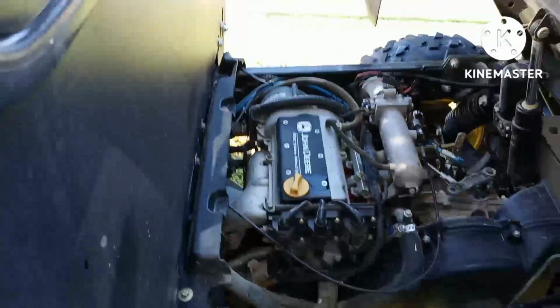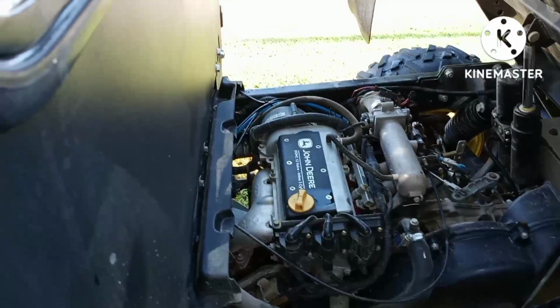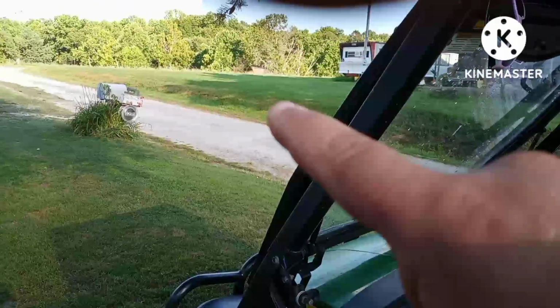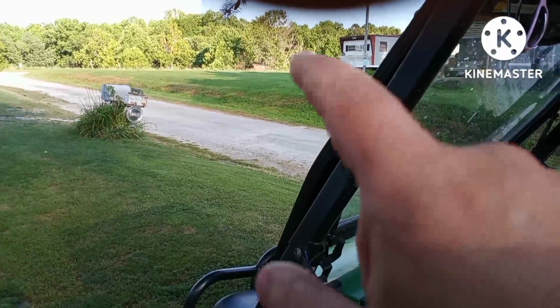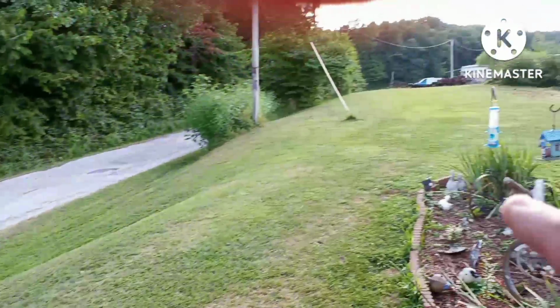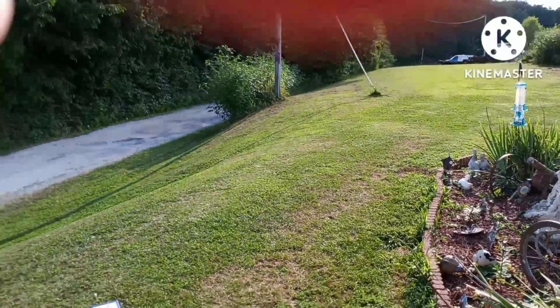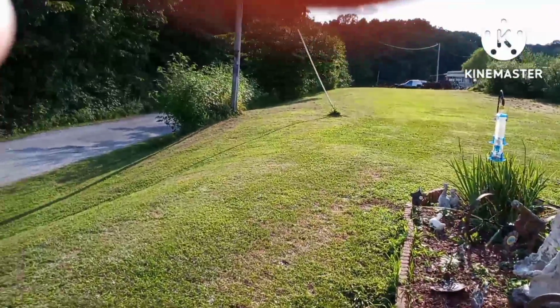So they took it, and called about a week later and said it was fixed. I went and picked it up. Parked it over there by that dumpster. Took it off the trailer, came out the driveway and down the road, and I made it about to that telephone pole down there, and the buzzer started going off. It was overheating again. So I let it set and cool off,